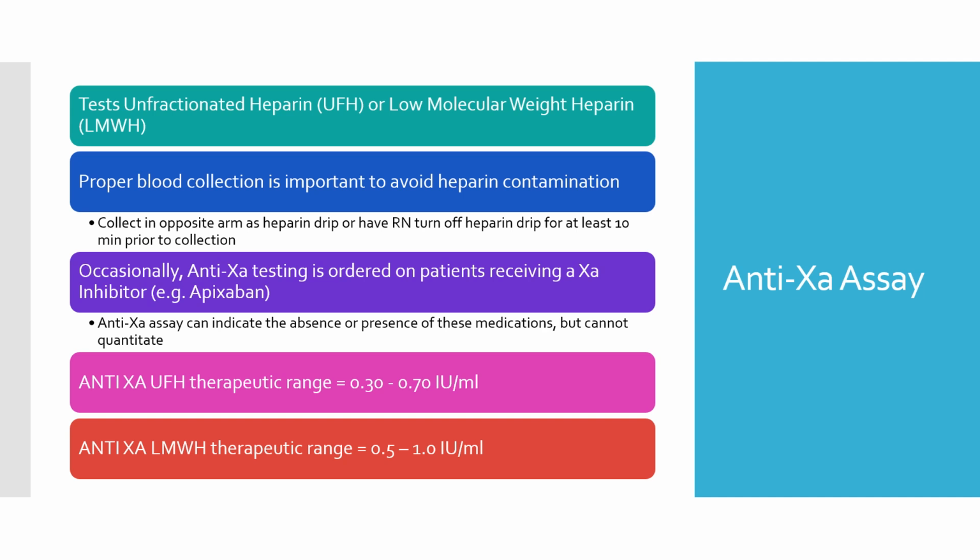Anti-10A testing for unfractionated heparin, the therapeutic range for that is 0.3 to 0.7 international units per milliliter. And then we have a little bit of a different therapeutic range for anti-10A low molecular weight heparin. So really depending if you're testing unfractionated or low molecular weight, it's 0.5 to 1.0, so not a huge difference, but there is enough difference where you want to take note of that and just keep in mind whether or not the heparin that the patient is on is unfractionated or low molecular weight. And that concludes our routine